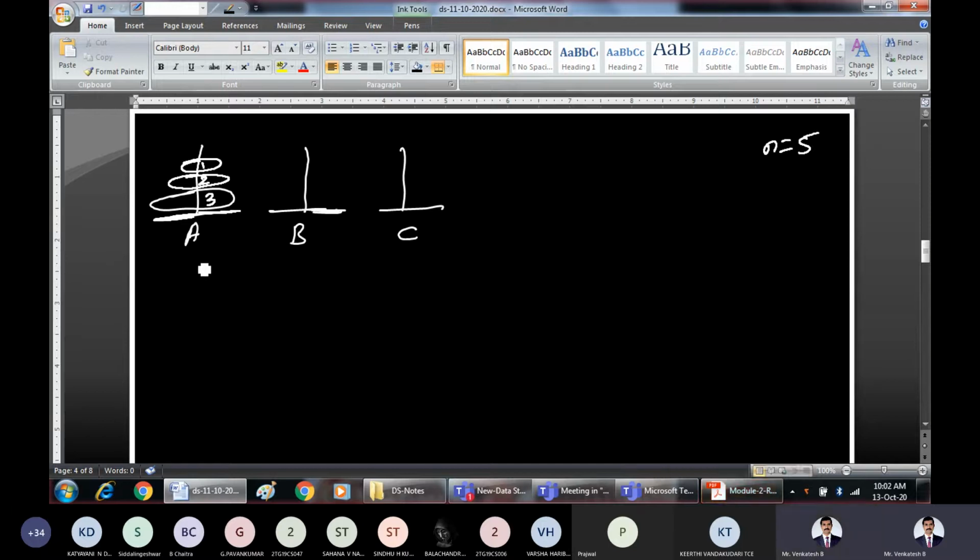Now let us solve it. Let disk 3 be here itself, and 2 be here itself. Disk 1 I can take and move to either C or B, wherever we feel it is feasible. Now, without recursion, without writing a function or a program, we are trying this randomly. But when you write the program, you will directly be able to get the number of steps. Right? This disk 1 can be moved either here or here.